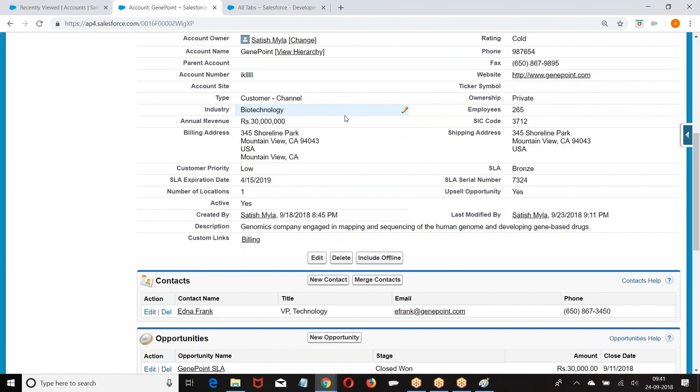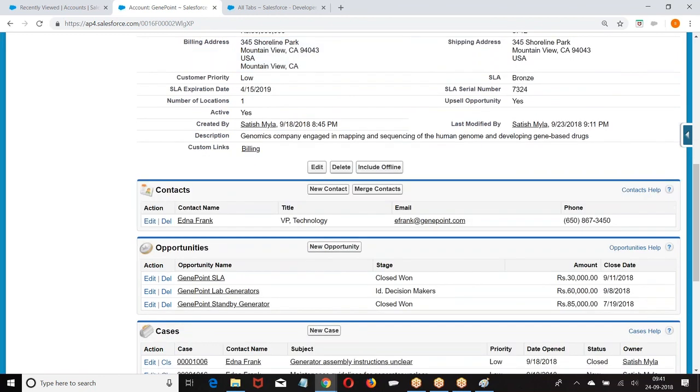System mod stamp means the date and time when the record was modified, either manually or programmatically. Finally, when the record was modified, that is the system mod stamp. Last modified date means only when you modified manually, when the record was last modified manually. I hope you're good. Okay.